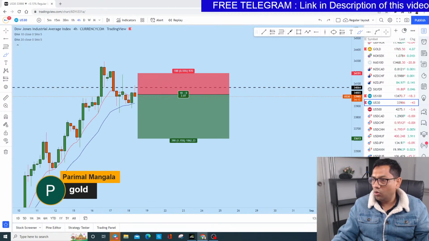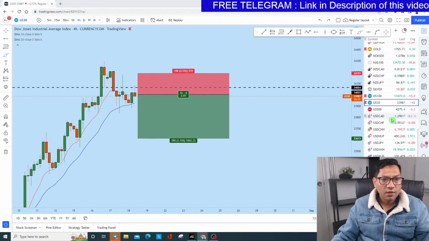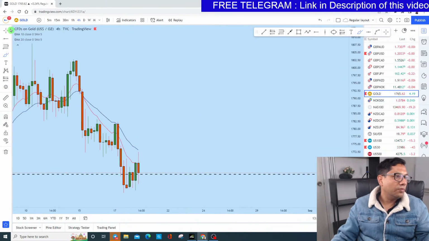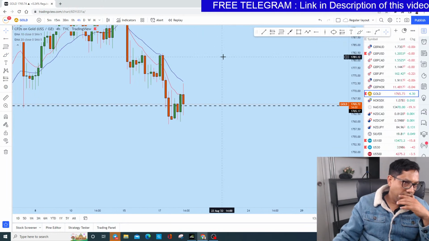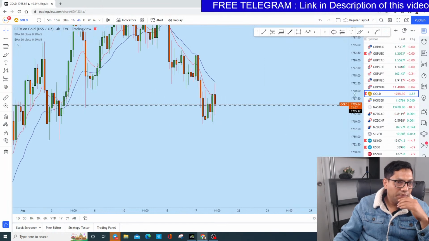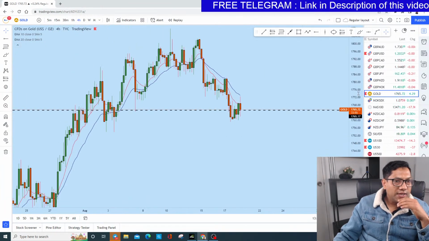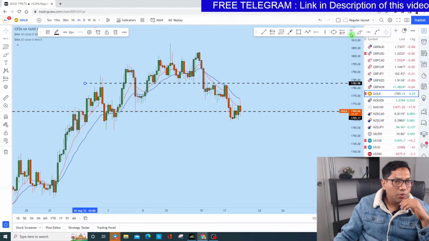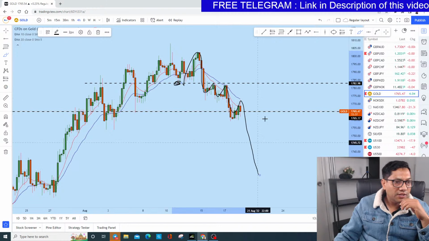Okay, let's look at gold now. Gold. Okay, gold. All right, so to me, gold is preparing for a drop, because the price action is bearish. You can see that this is the order block on gold. This is the previous support zone here, okay? It created this move up, has broken down, creating a series of lower highs. Now there is another lower high, and then we can expect like this, okay?